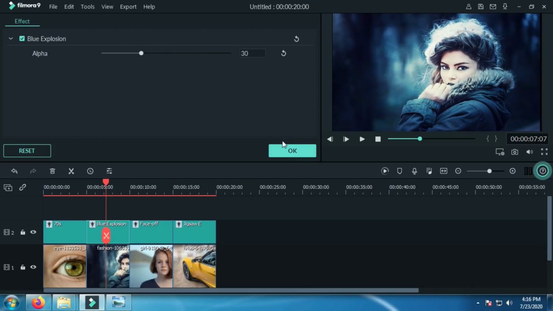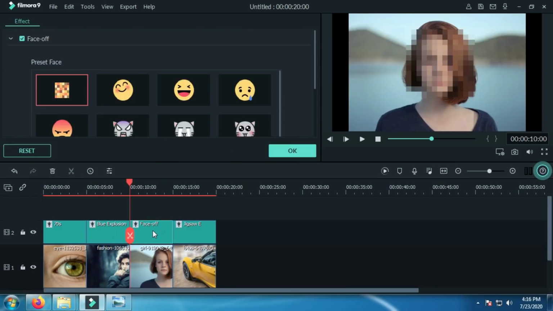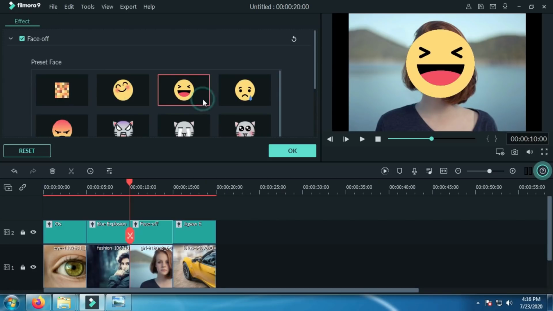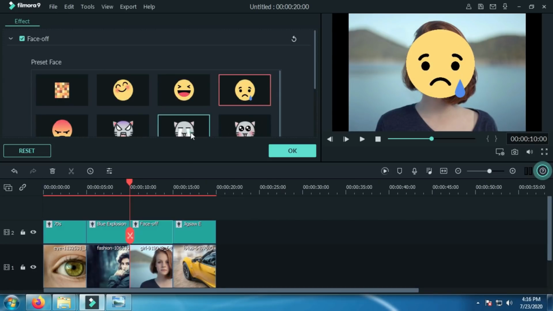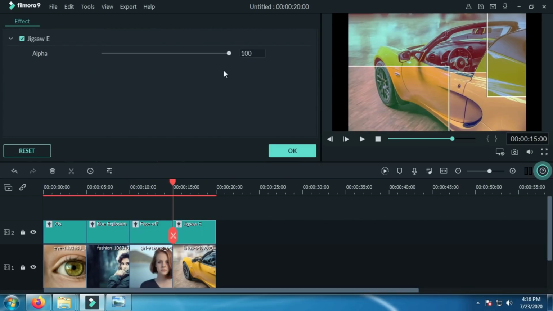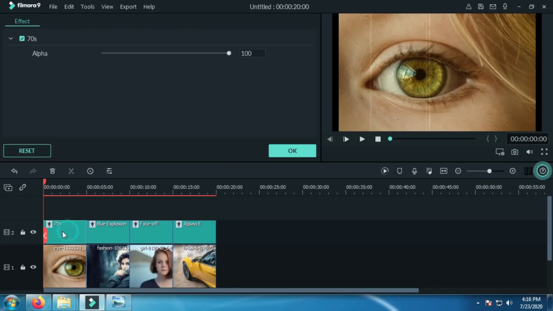You can reduce the colors or increase the colors. Face off. You can use emojis also. The system automatically finds the faces and it will put the effects on the face.